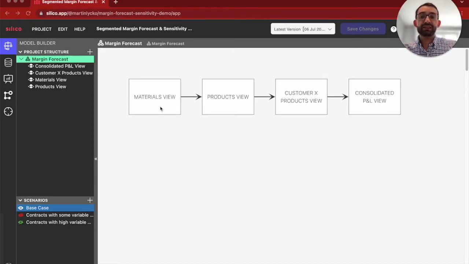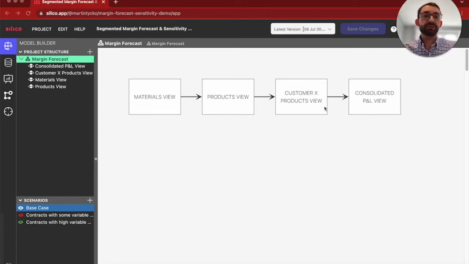We can then take a couple of our materials and make different types of products on the product view here. And on that view, we're also accounting, for example, for energy costs or packaging costs that occur per unit of products that we're producing. We then ship these products to our customers, each customer having different volume assumptions for different products, having different contracts in place, and therefore maybe different pricing points. They may get different discounts, and they may also have different transport costs depending on how far away they are